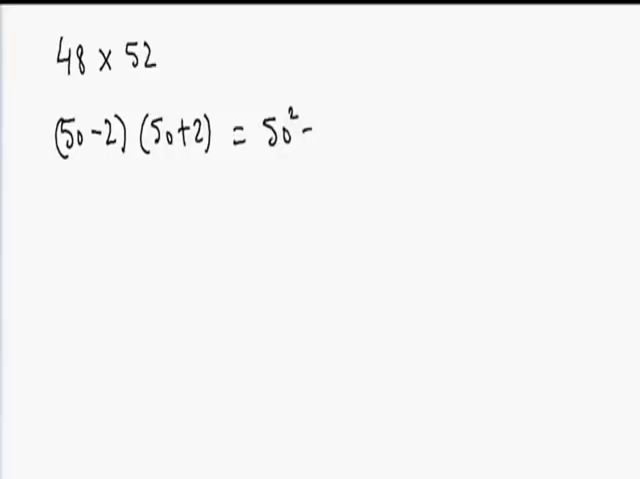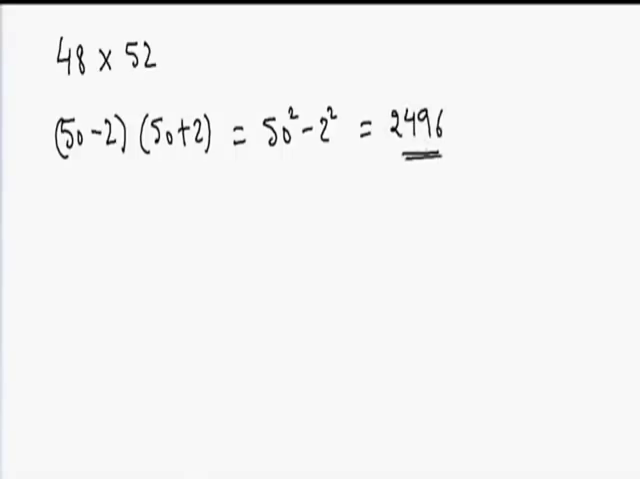For example, suppose I have to multiply 48 and 52, how will I do that? If you look at it carefully, these numbers are symmetrical around 50. So this can be written as 50 minus 2 and 50 plus 2. So that will be equal to 50 square minus 2 square. So the answer will be equal to